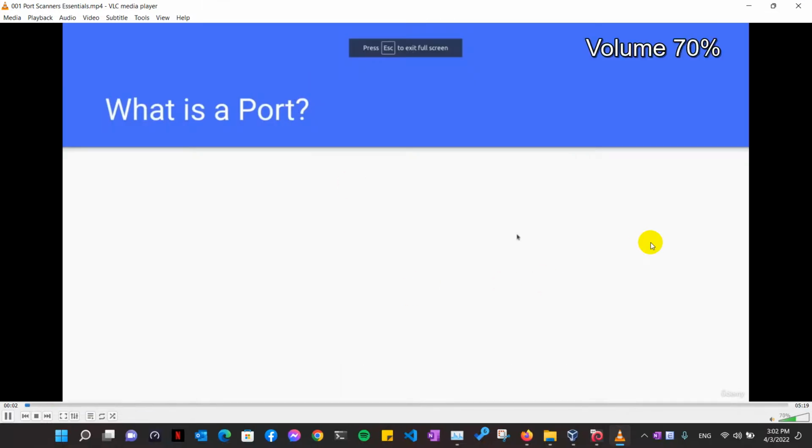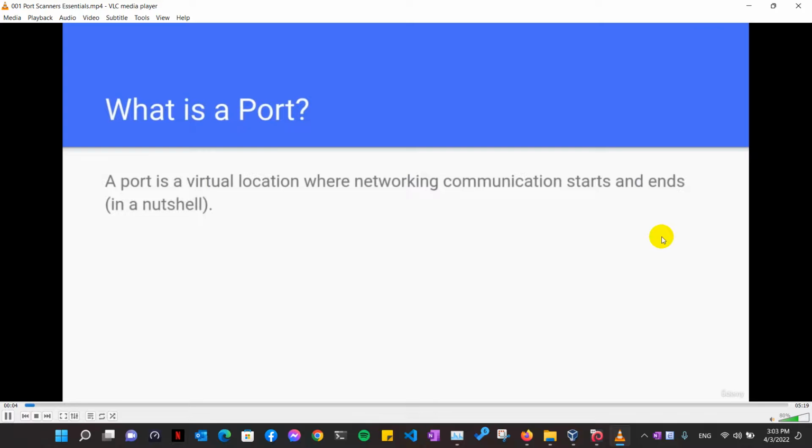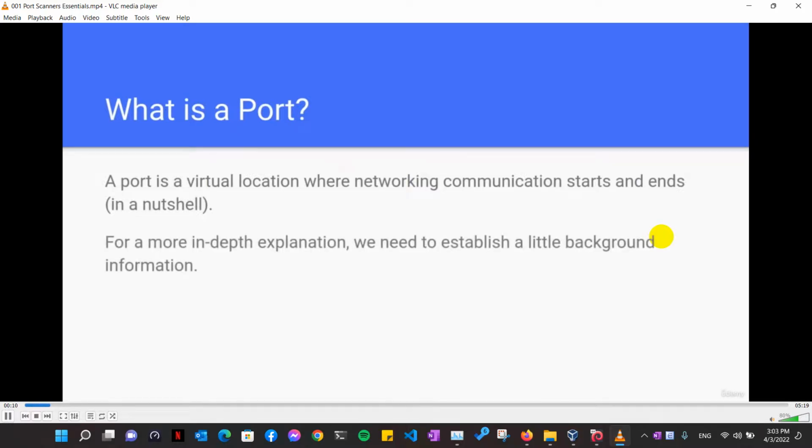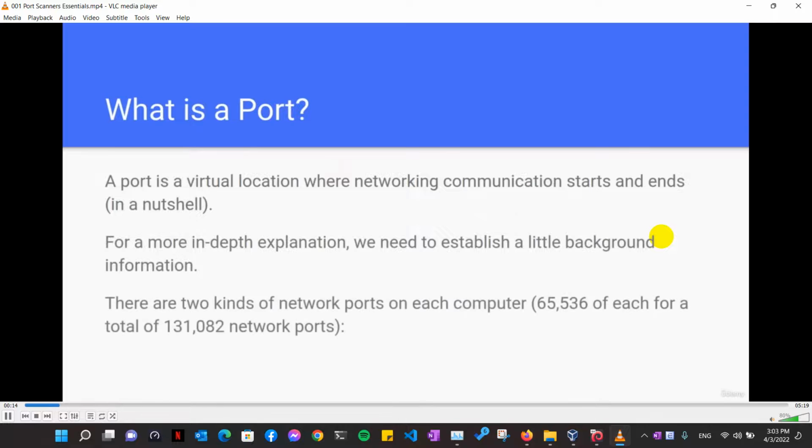Now, what is a port? The port is a virtual location where networking communication starts and ends in a nutshell. Okay, so for a more in-depth explanation, we need to establish a little background information. There are two kinds of network ports on each